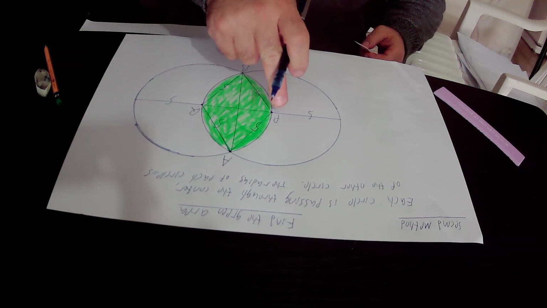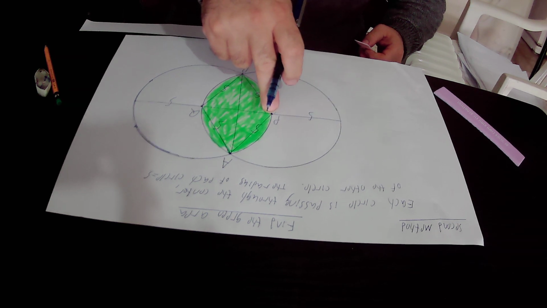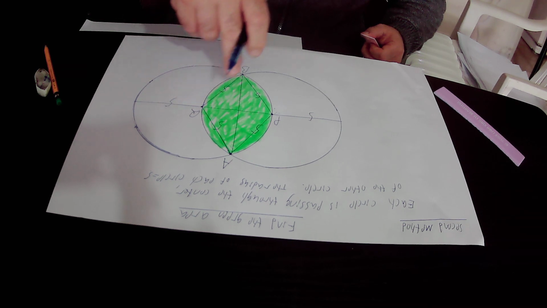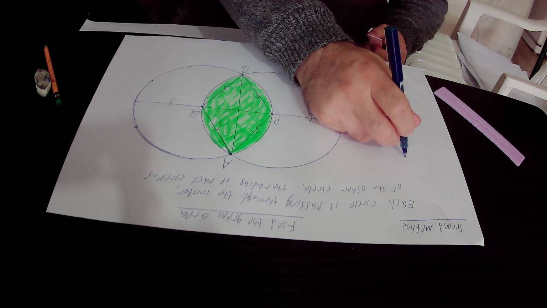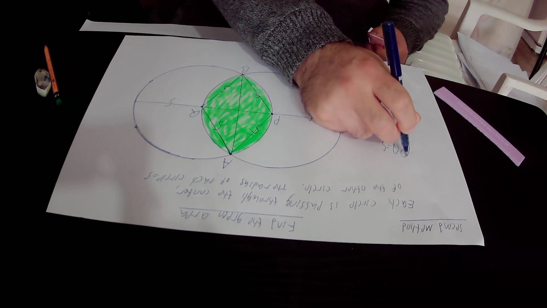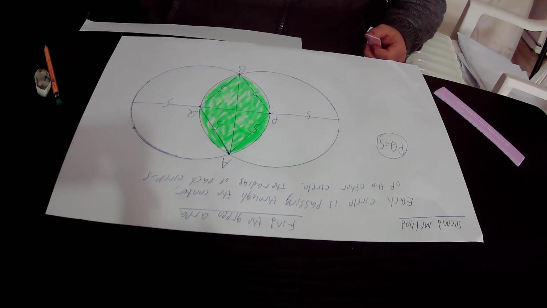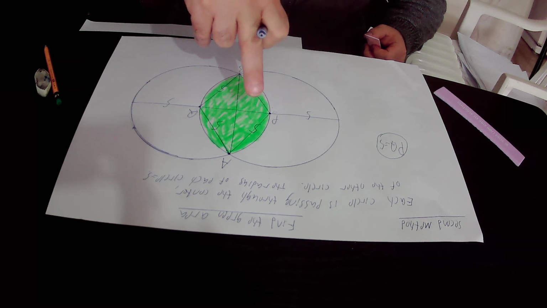And PQ is the radius of this circle because it starts from the center of the circle at point P and ends at point Q, that is a point of the circle itself. Therefore, PQ is the radius of this circle, that is to say, it equals 5 units. So we have here two diagonals